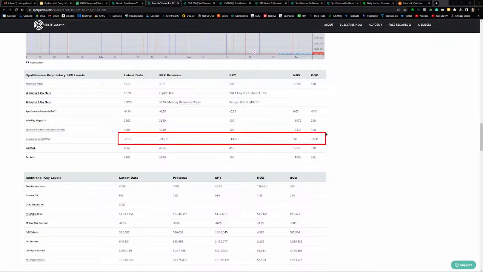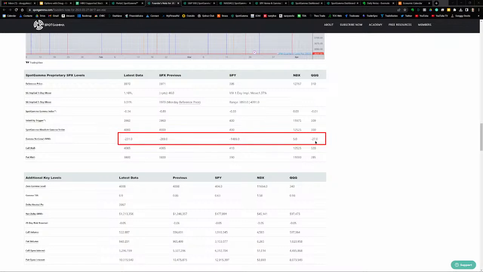And I always focus on gamma notional. This is market maker's position on the gamma curve. This left column shows SPX. The middle column is SPY. And the far right column is QQQ. And note, again, this is market maker's position on the gamma curve for all these indices, and they're all negative,